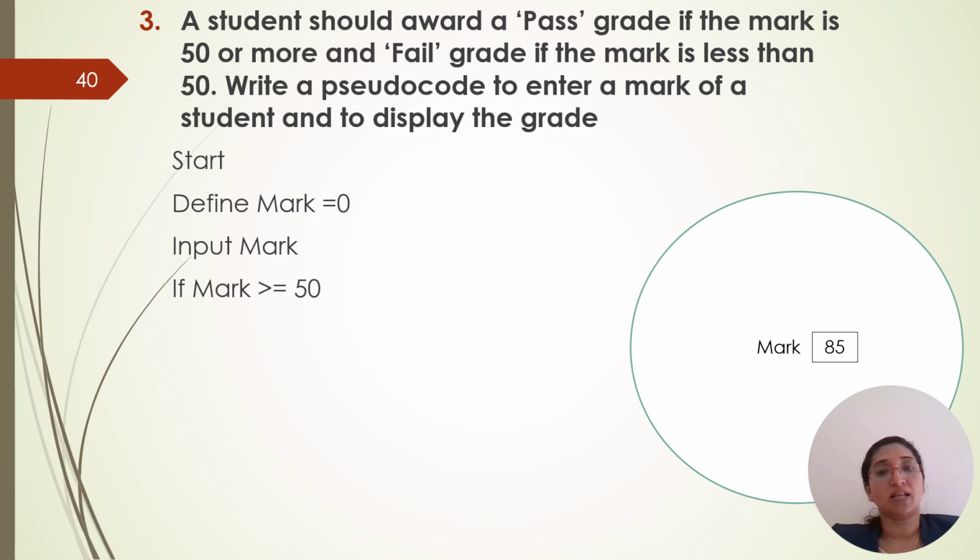Now what is the value that you have entered? What is the value in this variable, in this memory location? 85. Is 85 greater than or equals to 50? Yes. If the condition is true, display pass. So now the condition is true. It will display pass